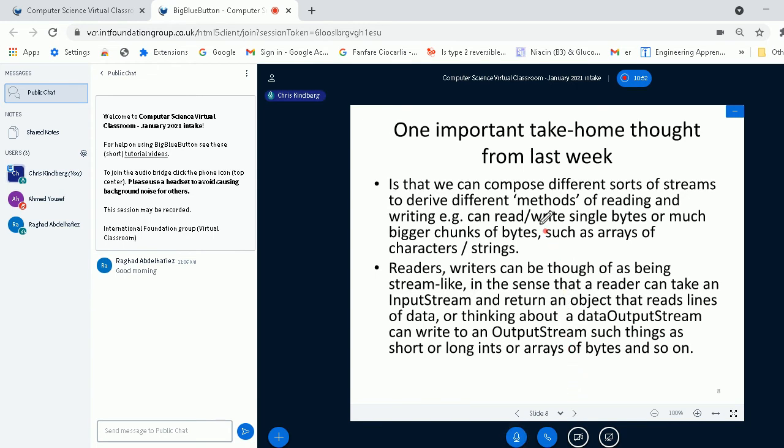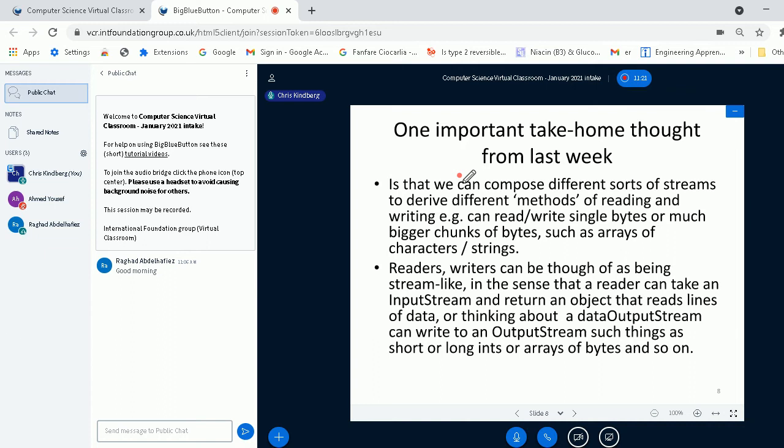So one other thing from the streams part of last week's discussion was that we can actually compose different sorts of streams, and the purpose of doing that is to derive a different and perhaps more appropriate set of methods for reading and writing a communication channel.